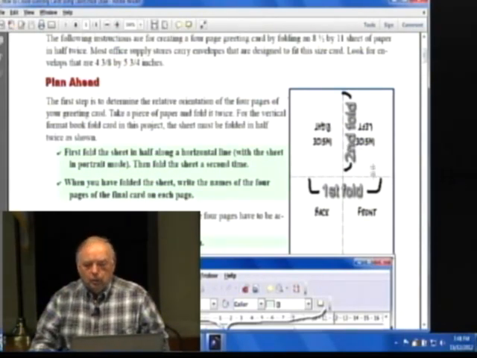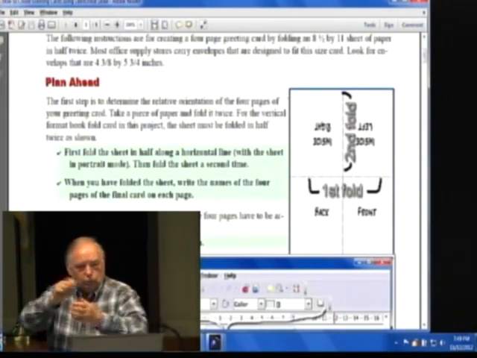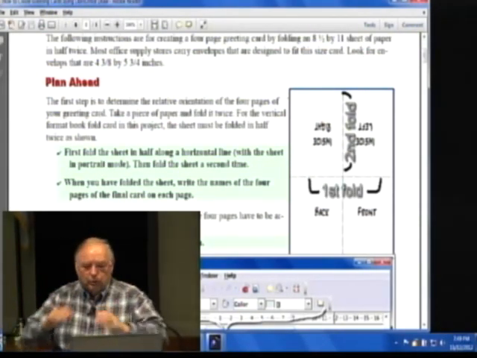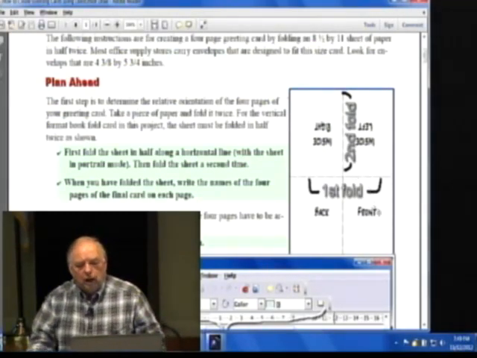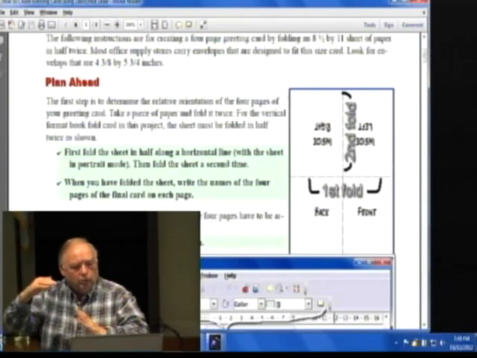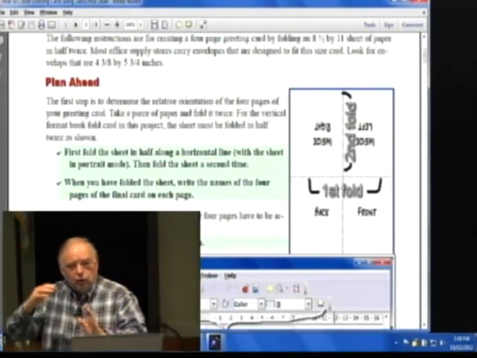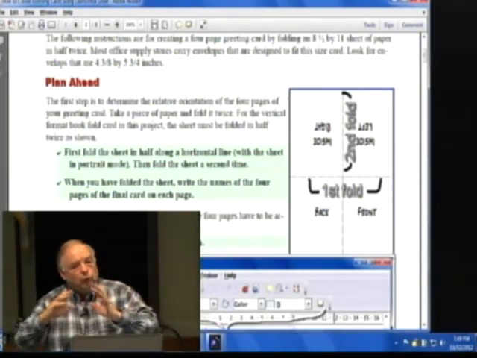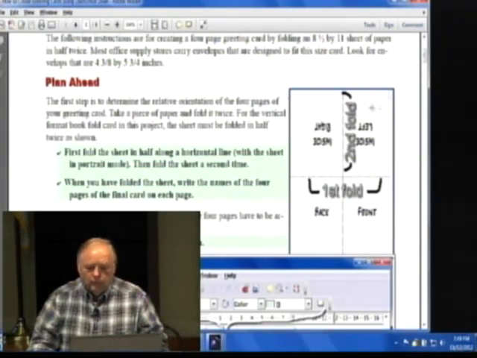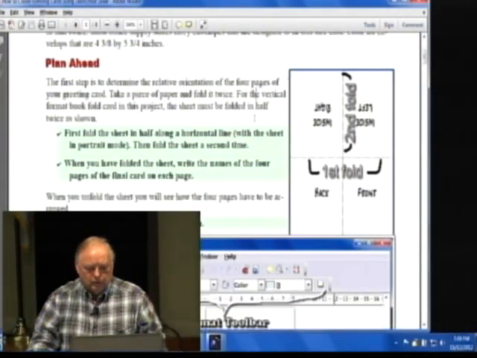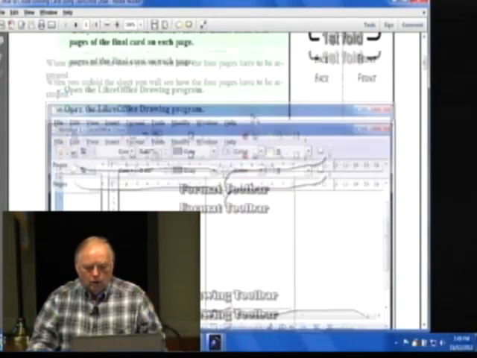Without this step, you won't know what part of your card to put which way, okay? But if you actually do this, scribble it on a blank piece of paper, fold it up, and then lay that piece of paper in front of you, you will know how to make each quarter of the card, how to orient each quarter of the card so that when you fold it up again, things will be right side up. So now that we have that step out of the way, and we have that model to go by,